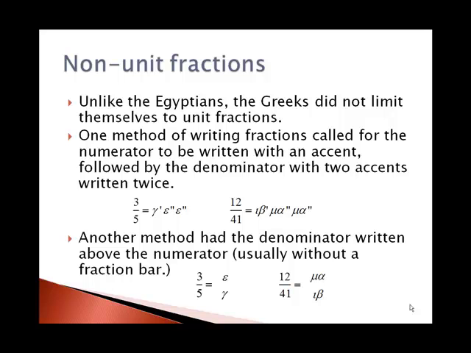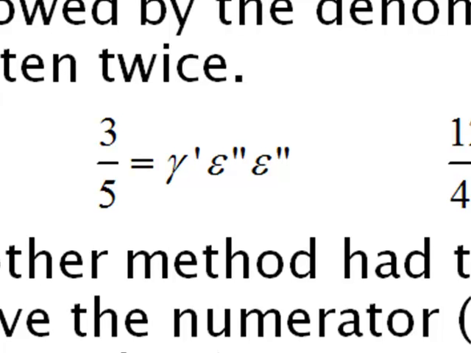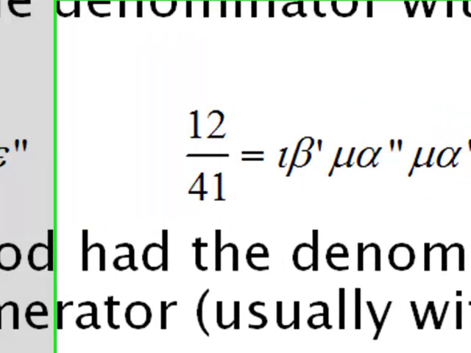The Greeks didn't limit themselves to unit fractions like the Egyptians did, and so one method for writing fractions that were not unit fractions involved writing the numerator once with one accent and writing the denominator with two accents twice. So 3/5 looks like a gamma, which means 3 with one accent, and then an epsilon, which means 5 with two accents twice. For 12/41,